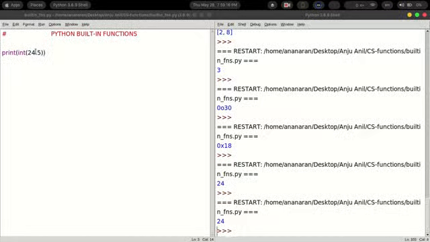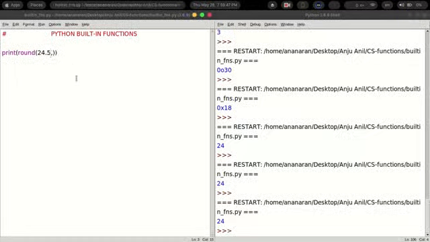Similarly, you can make use of another function here, which is called round. The round function will give you the value that is rounded to n digits. If I do not mention any value here, then it will take it as 24.